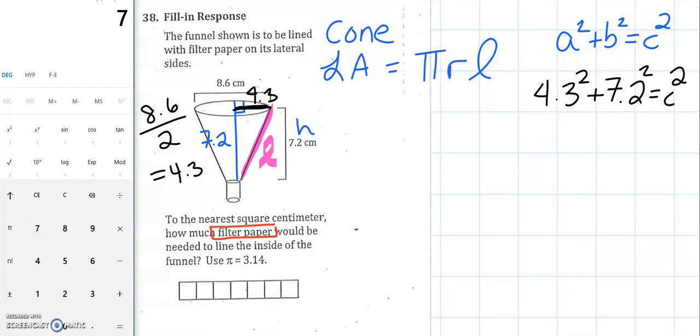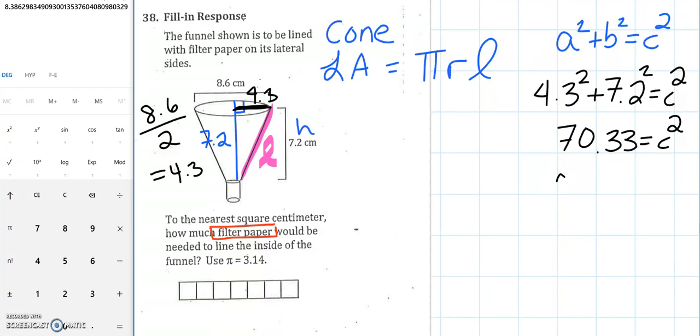plus 7.2 squared. So it's going to be 70.33 for c squared, which means that when I take the square root, I have approximately 8.3863 if I round to the fourth decimal place for the length of that slant, that c value, right, in